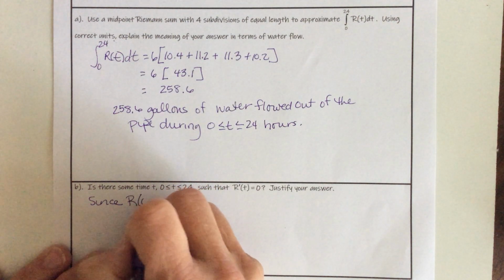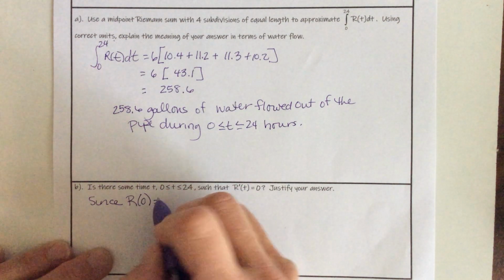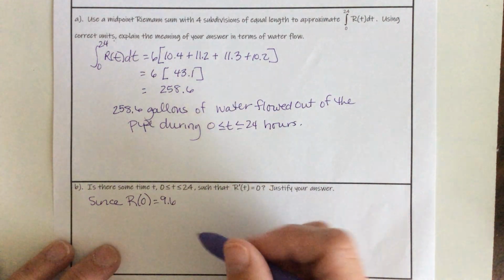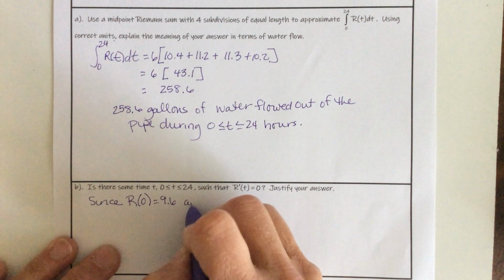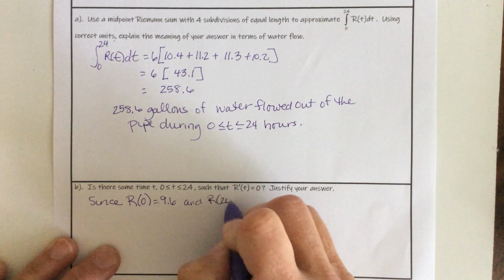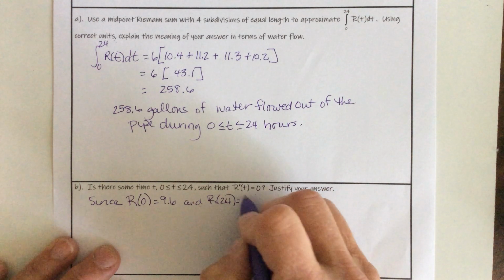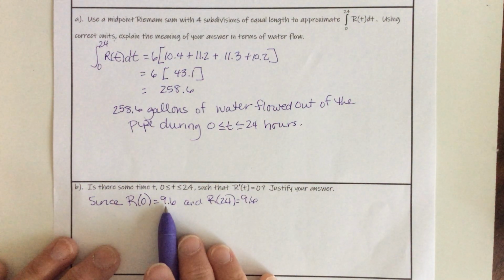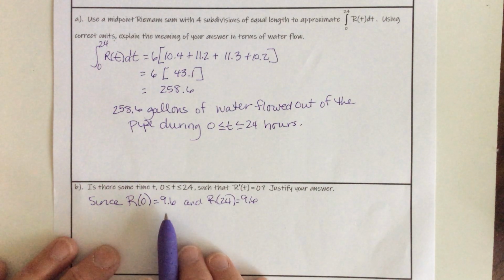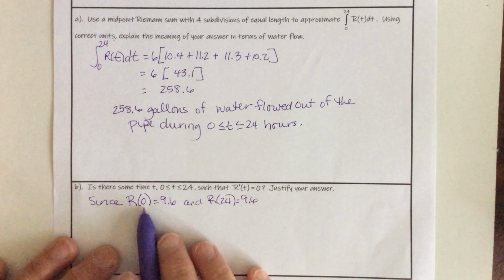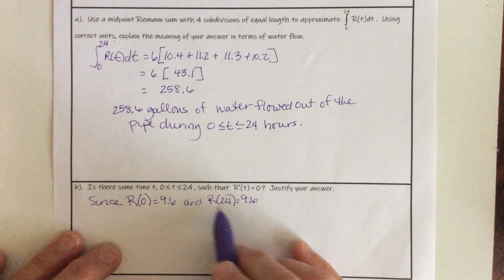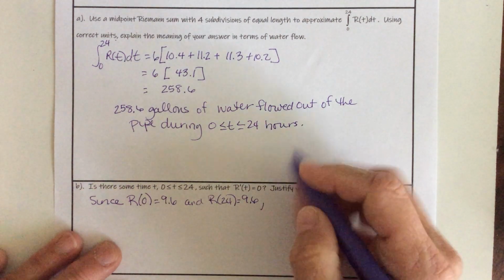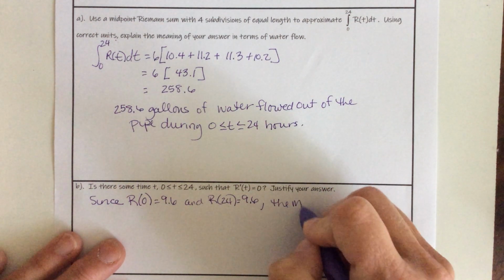The rate at which the water is flowing out is 9.6 gallons per hour, and R of 24 is equal to 9.6. Since R of 0 is 9.6, the rate at which the water is flowing out of the pipe at time t equals 0, and R of 24 is also 9.6, the mean value theorem